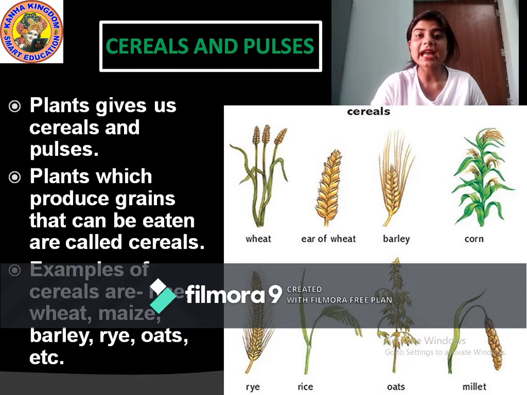The roti that we eat, from where do we get it? We get this from wheat grains. These wheat grains are ground into flour, from which these chapatis or rotis are made as food that we eat. Then corn. From where do we get corn? We get corn from corn plants. And these all are known as cereals. The food grains that plants give us that can be eaten are known as cereals.